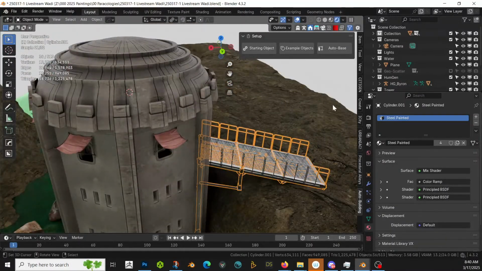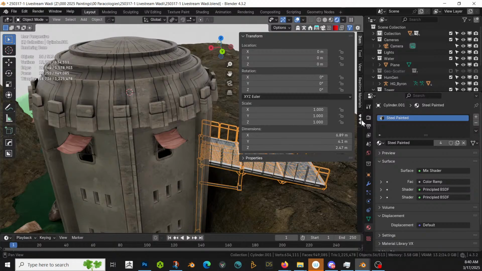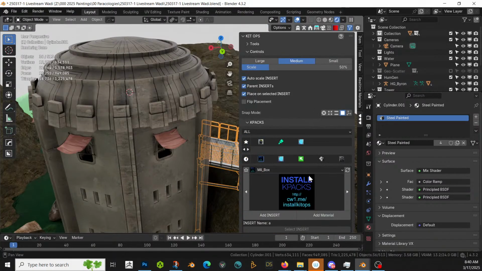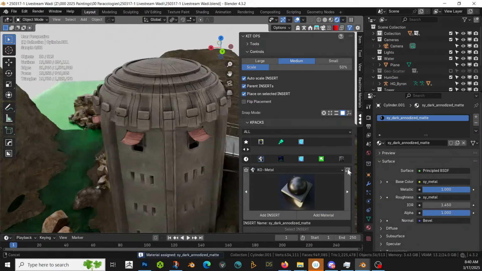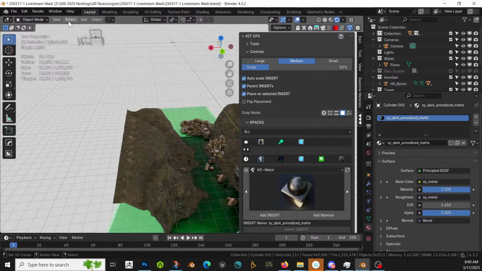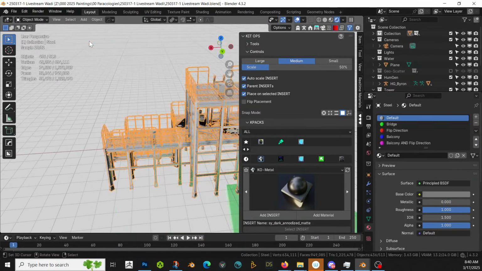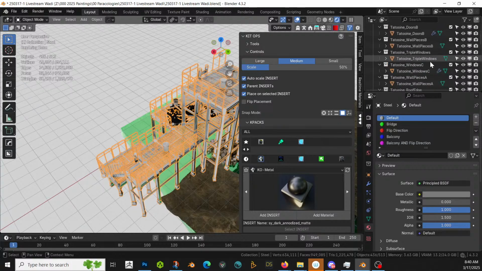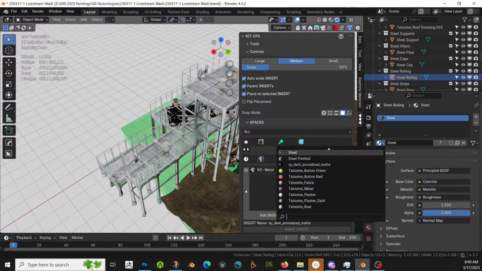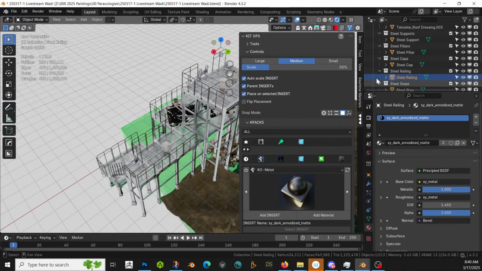I don't really like the color of this. Let's just change it. We're just going to go dark anodized. Oh, I have to do it on the other side. Dumbass. I have to come over to the source because it's not applied. Collection. Steel railing is going to be dark anodized and